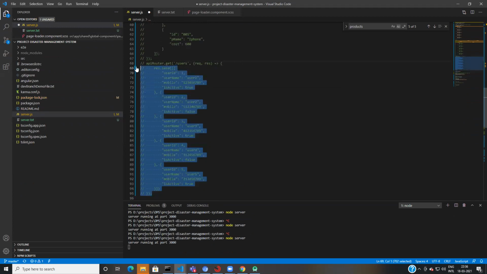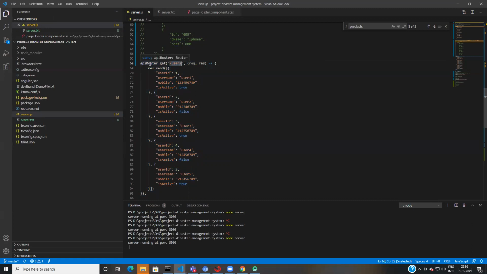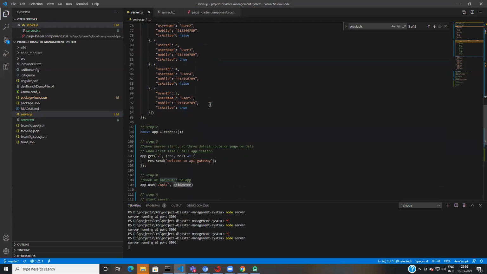Get was certainly an issue, I understand. So we put it. Now this should work. Now again my one more endpoint is users. It should now return me the users. So let's see. I guess my place is also wrong.